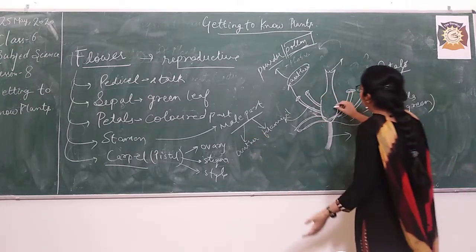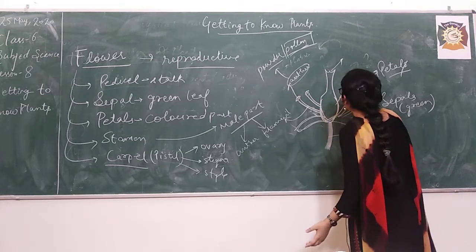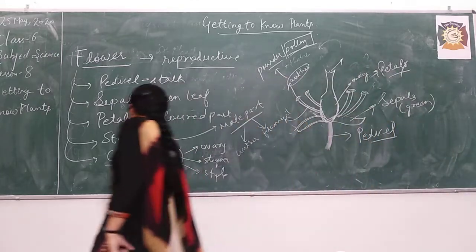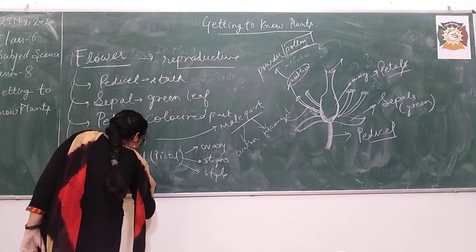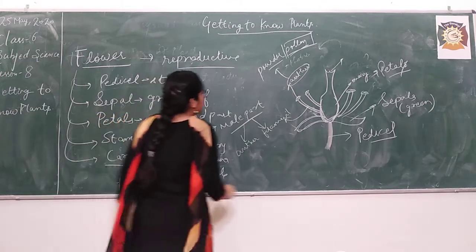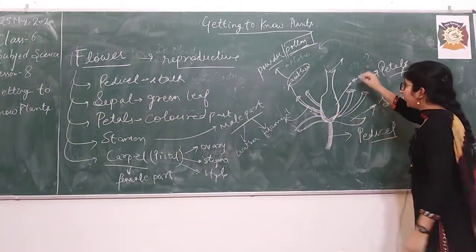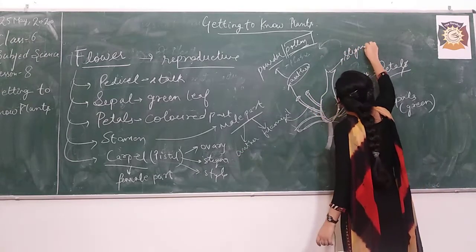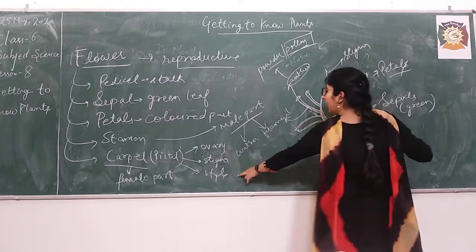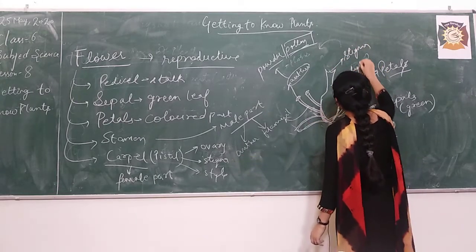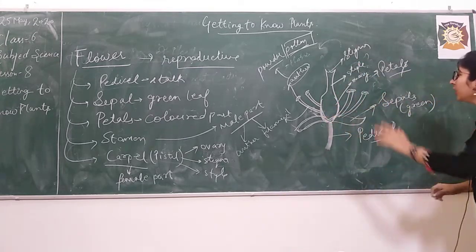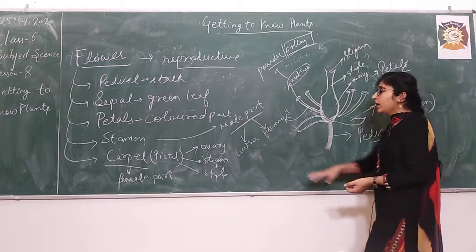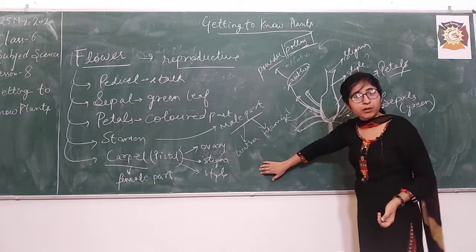So yes, this oval shaped part is known as ovary. This is the female part. Carpel is the female part of the plant, right? So yes, this is ovary, and the next is stigma. This upper part is stigma, and then this tube is known as style, tube shaped style, right? Now we will connect these two terms, stamen and pistil. See students, this is the male part, and this is the female part, right?